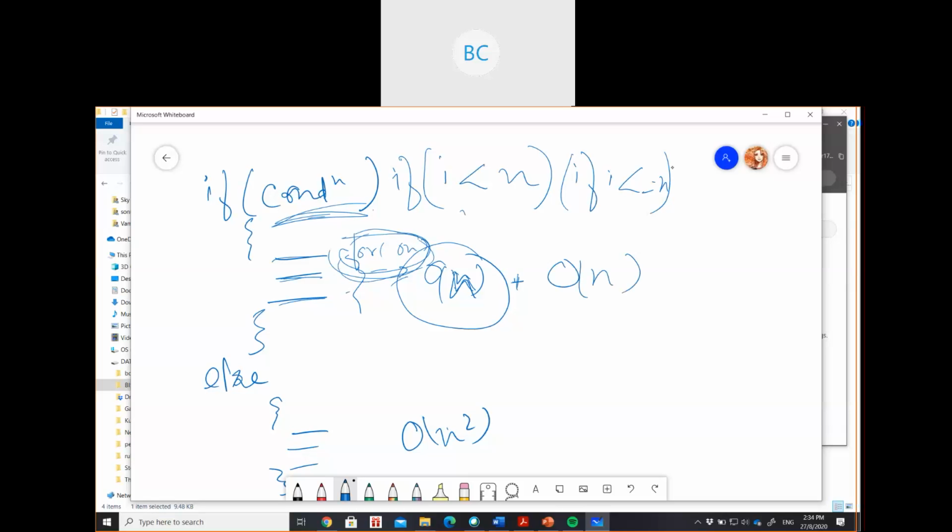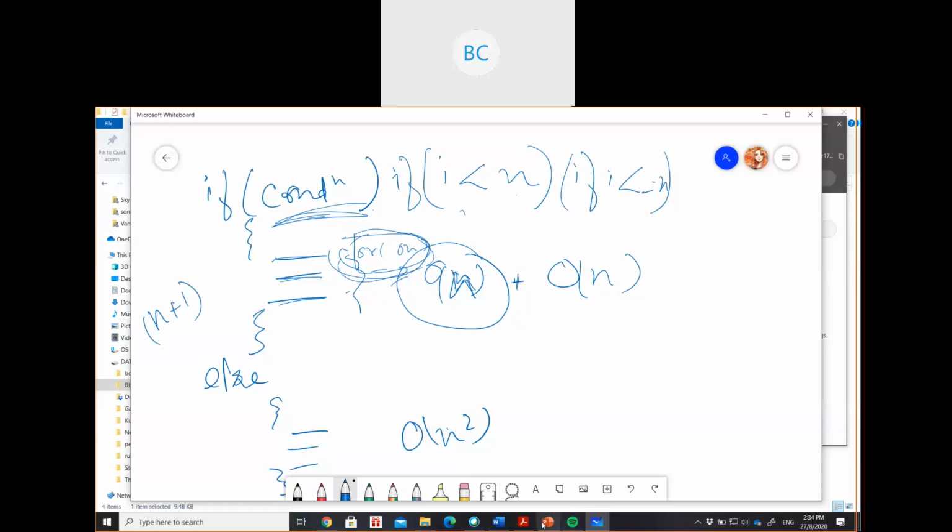Now remember in the slide, the cost of the for loop was 3, and the time taken by a for loop was n plus 1. Remember from the slide I shared in the group too.